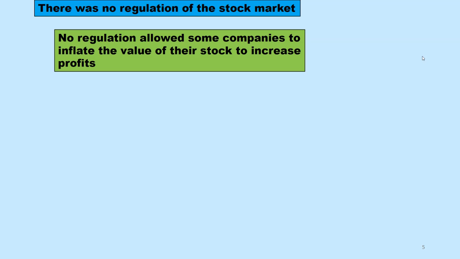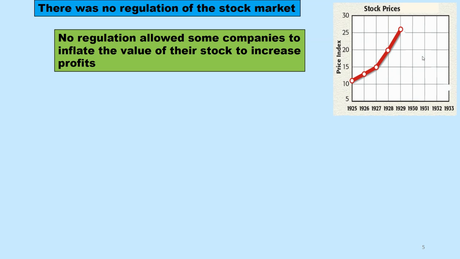And so what this does is it creates something called a bubble, where there's this elevated value of your business, which is the bubble. So the price is at a certain height per share, but at some point that bubble's going to burst. Reality is going to hit. And when the bubble bursts, that price is going to fall drastically. And if this is compounded from company to company to company, then when that bubble bursts, much like the housing crisis in 2007, when the housing bubble burst, it's going to cause